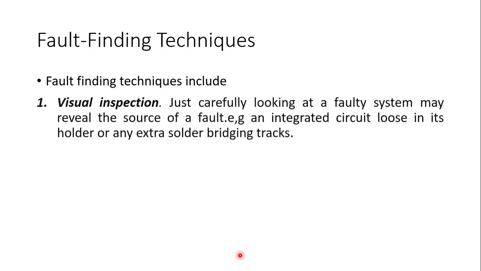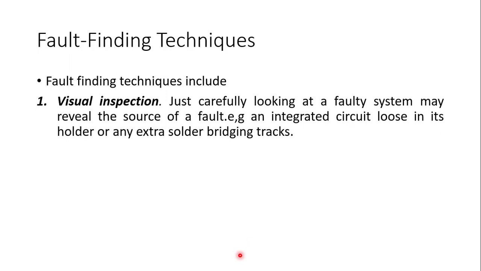Yeah, fault finding techniques. In case of your electronic devices, how much logic is going in, how much current is going in, how much pulses are going in. All those things can be found with the fault finding technique. The fault finding technique includes, first of all, the visual inspection. Those things which can be visually identified or visually checked are called your visual inspection. Just looking at whether some wire is broken, or some circuit is not properly working. So you need to check by visual inspection.